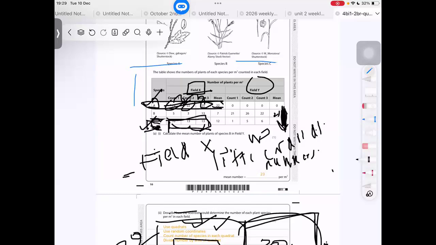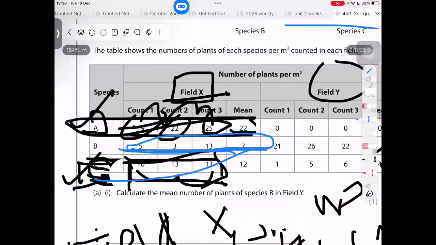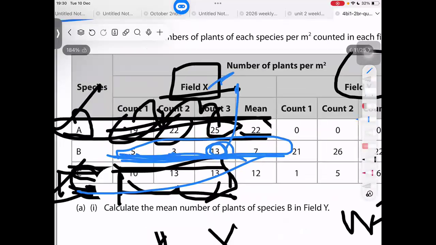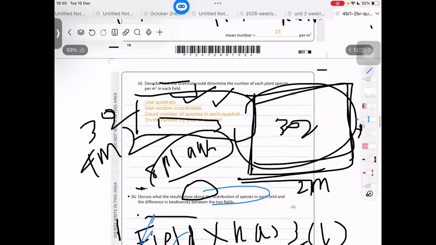Or in brackets you can write down even distribution of species A. Then you can again write down field X shows little variation in numbers in species C as well. But if you take B, it doesn't show little variation. Can you see there is a high variation? 5, 3, suddenly a very big number is there. So there is a high variation in the species B in field X,